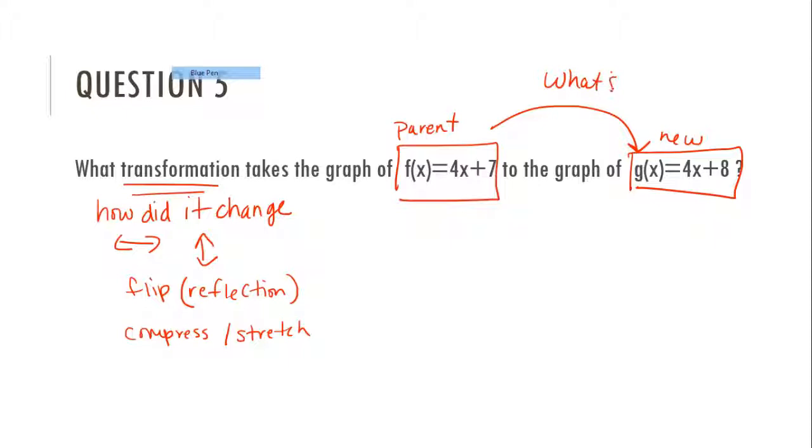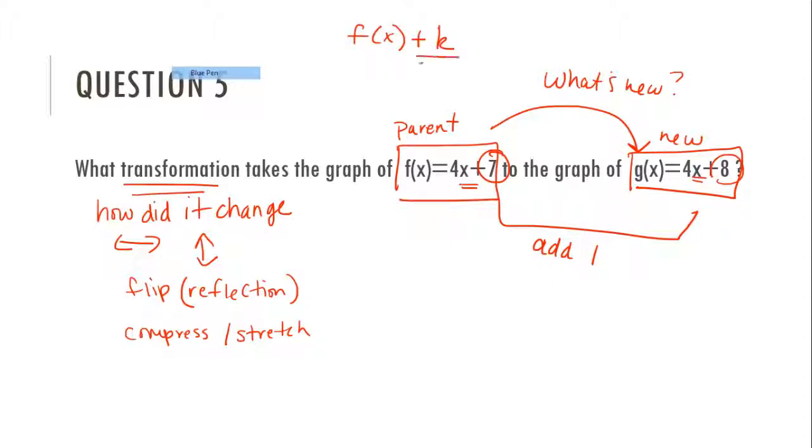What's new? Okay, so my 4x, that part with my slope and my variable, didn't change. The only thing that changed, I went from plus 7 to plus 8. So all I did to get from plus 7 to plus 8 was add 1. Well, looking through my rules, if I have f of x, and I just tack on a k at the end to my function,